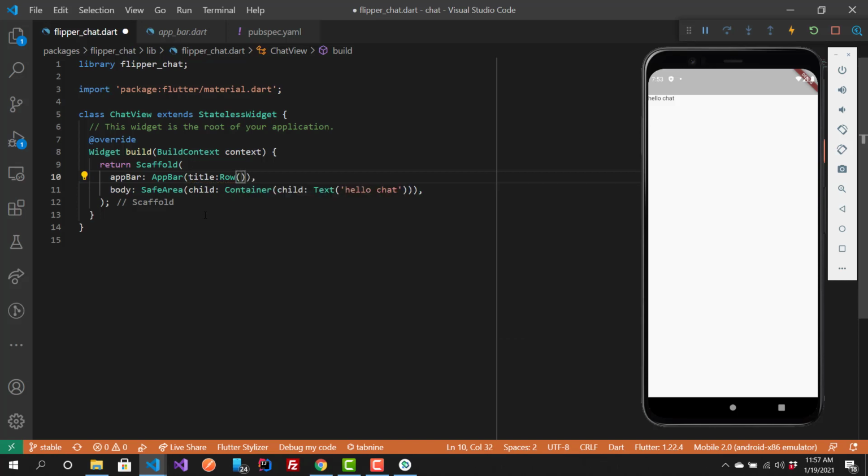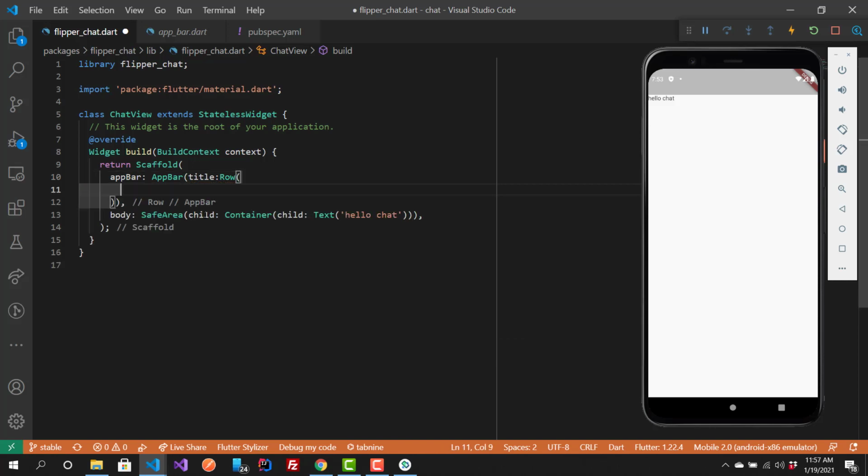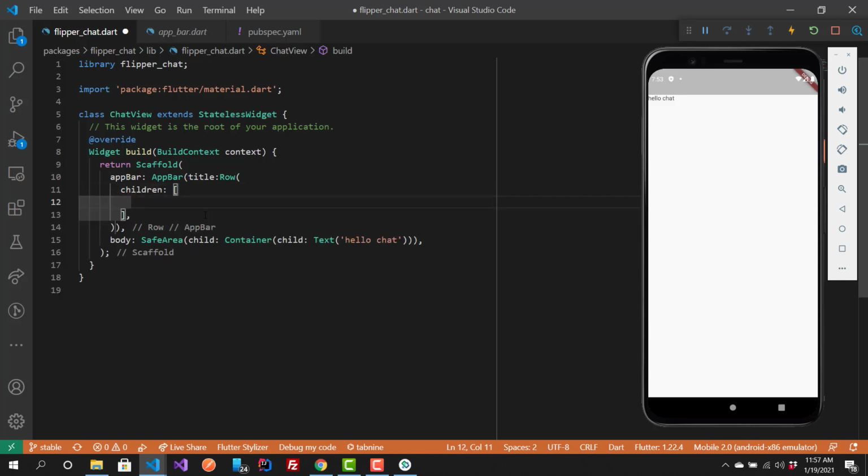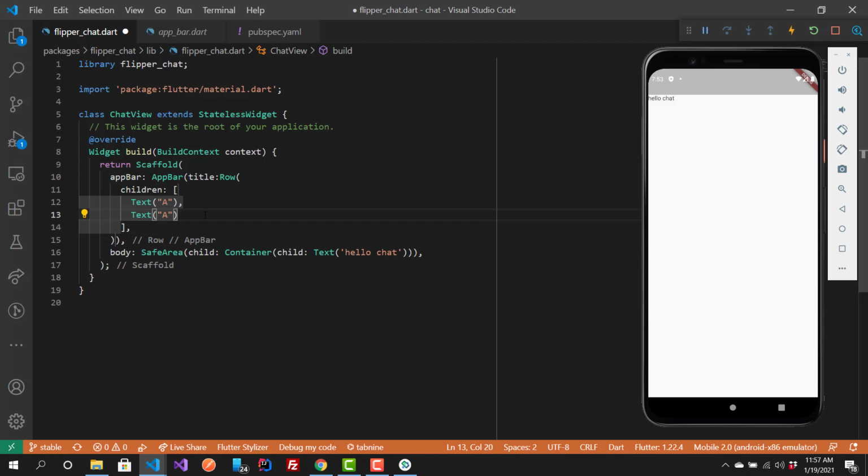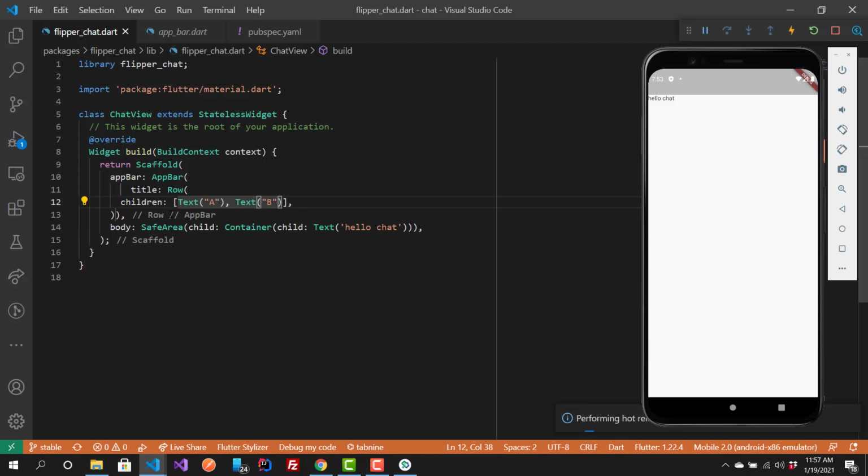So I'm going to have a row here, and I'm going to have children here, and from there I'm going to have like two texts just for testing. Here I'm going to have A, and I'm going to have B here, just to see if my visuals become real. So you can see that in the app bar, once it refreshes,